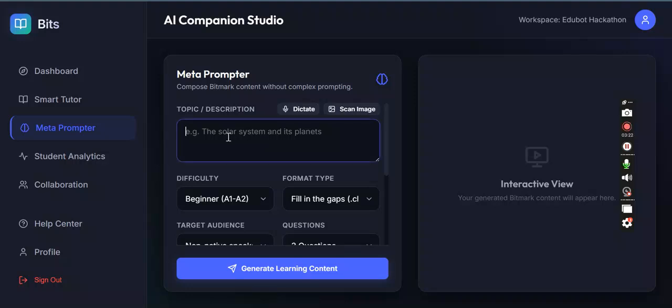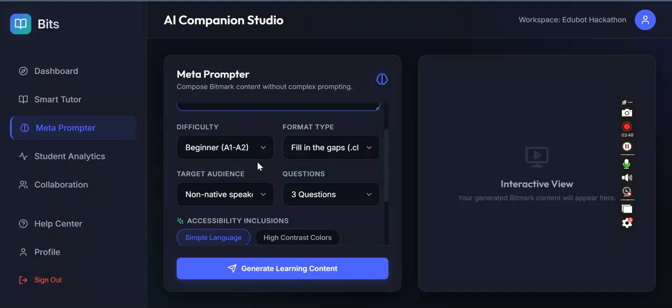So for example, let's say a solar system, this is just a short text, and it has the ability to take actually a chunk of text, whether organized or unorganized, and pick the right words from it. So it selects the right terms from it and then helps you to generate the right quiz you want. The formatting type, there are other format types, but we chose to go with the two because of the time frame